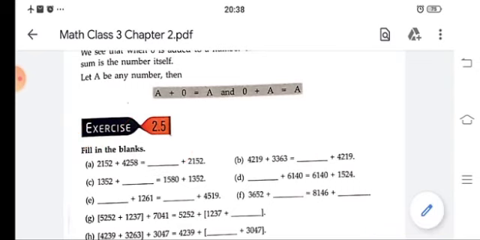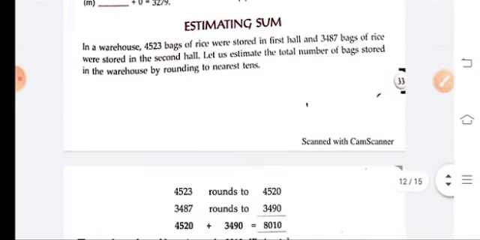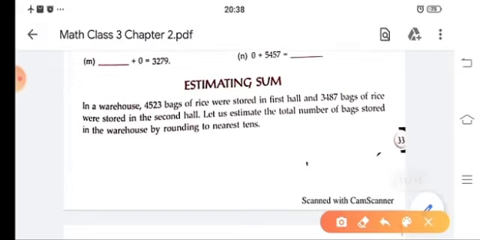So in this way, children, do the rest of the sums of this exercise. Then we'll move on to the next topic, children, that is estimating sums. The numbers are rounded off to the nearest 10, or the nearest 100, or the nearest 1000. So see this example. In a warehouse, children,